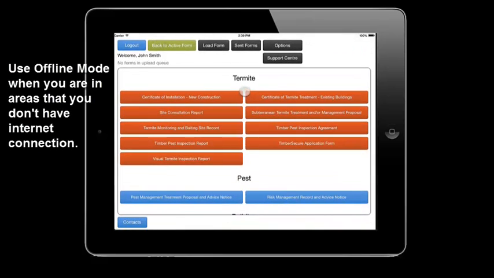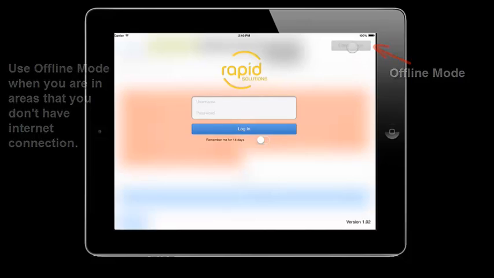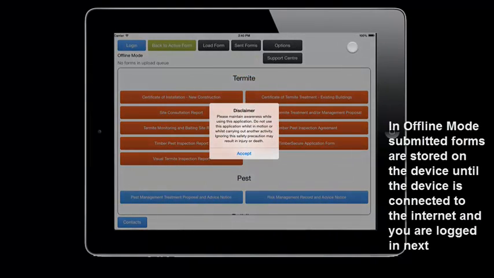Now, sometimes you may need to go out into an area that doesn't have internet reception, and you don't have to worry about that. You can still submit forms, and they will simply be sent when there is an internet signal. If you load up the app when you're away from an internet connection, you won't be able to log in, but that's okay because there'll be an offline mode button, and that simply allows you to continue filling out